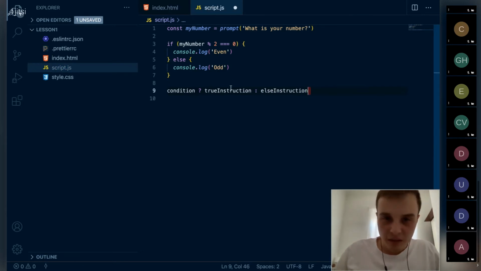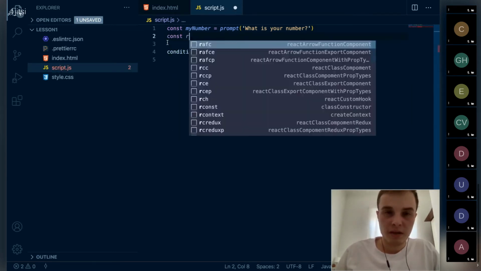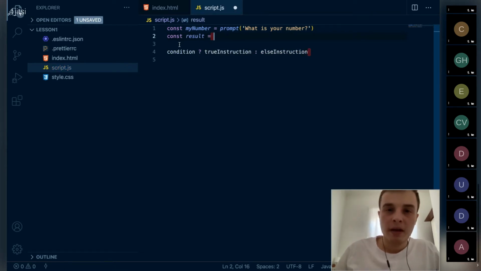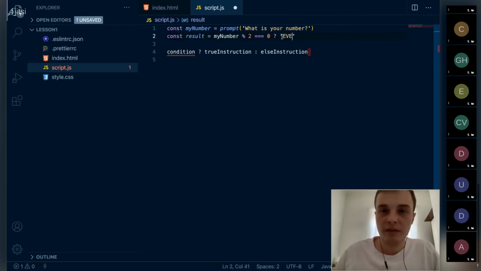Let's rewrite this differently. Let's say const result equals, and we say my number. So we enter the condition here. If my number is even, if that is true, so this is like the if statement block that goes here. If that is true, we get in even, sorry,